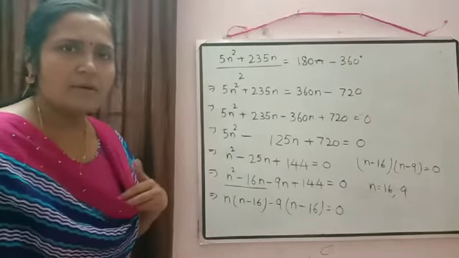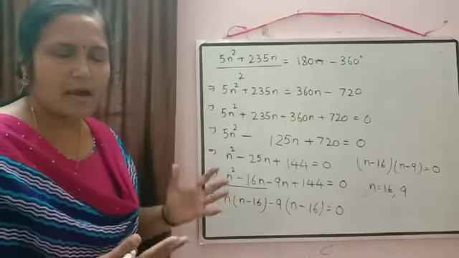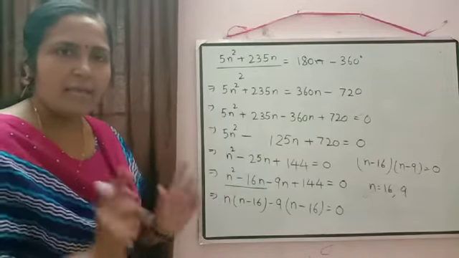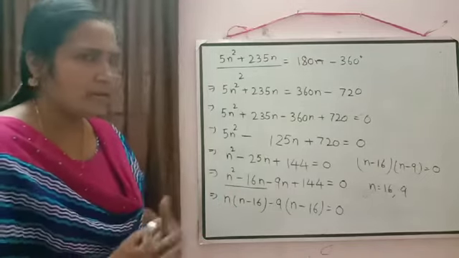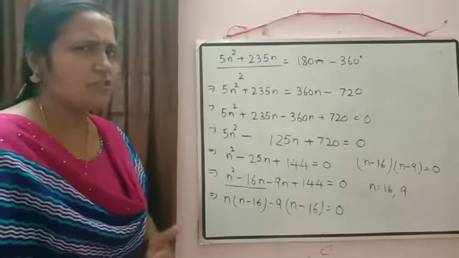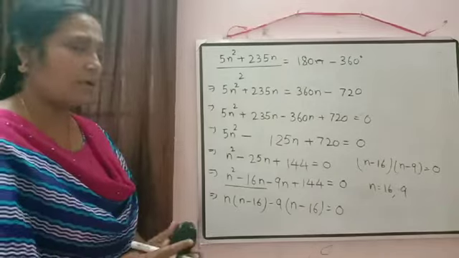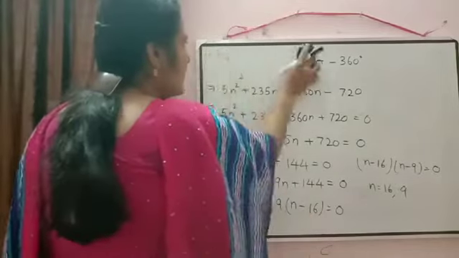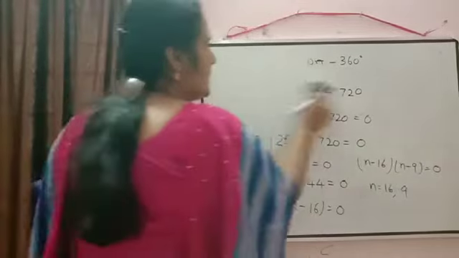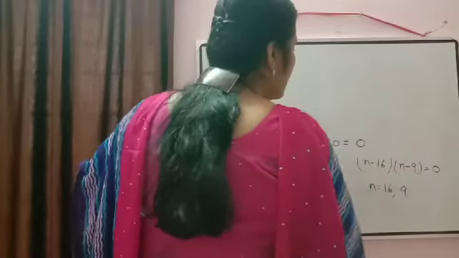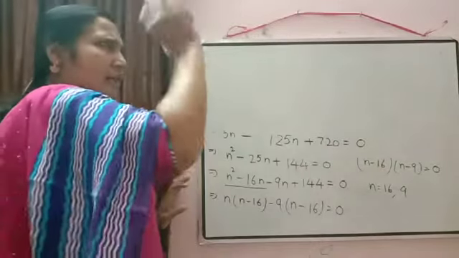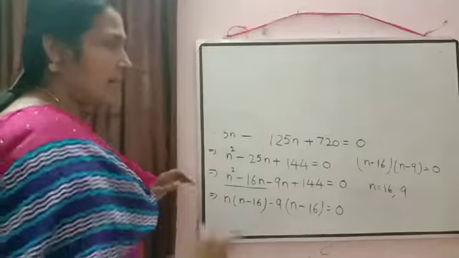How is it possible? If a polygon is there, it should have a limited, definite number of sides. But here we are getting two answers, so one should be wrong. So we can check how we can identify which one is wrong. Since our smallest angle is 120 degrees and the common difference is 5, now we can check what will be our last angle.